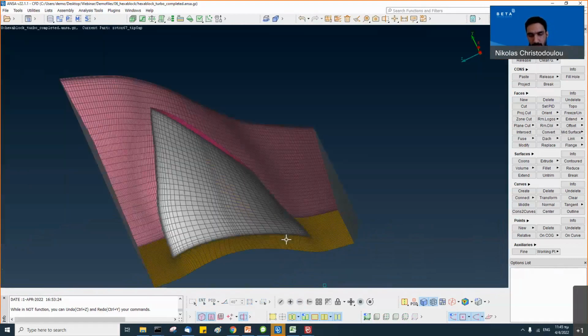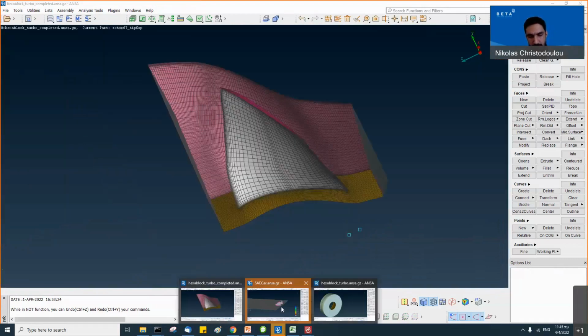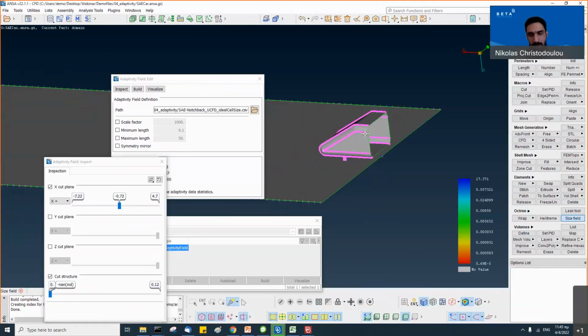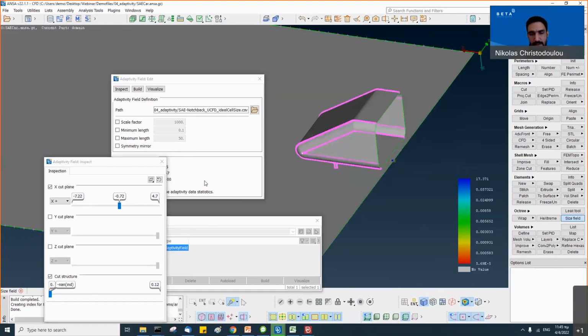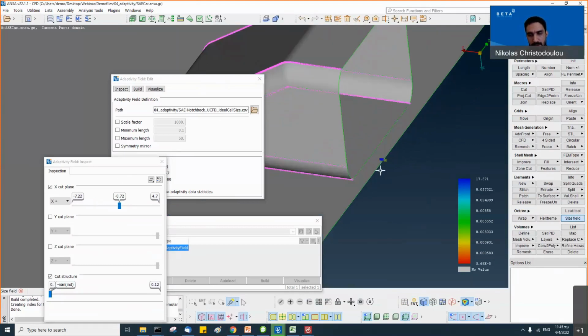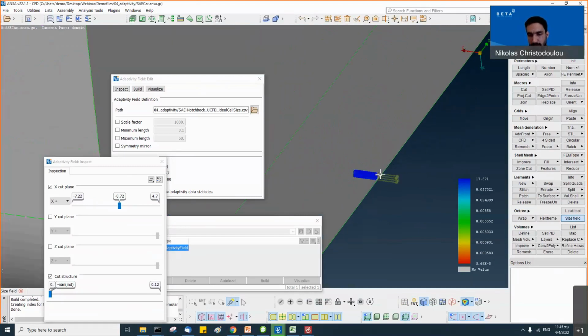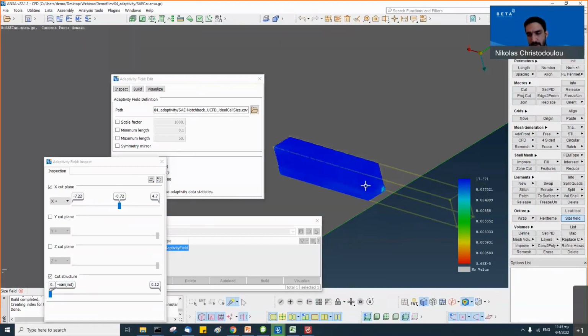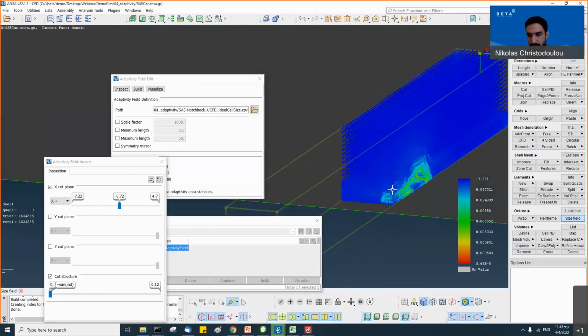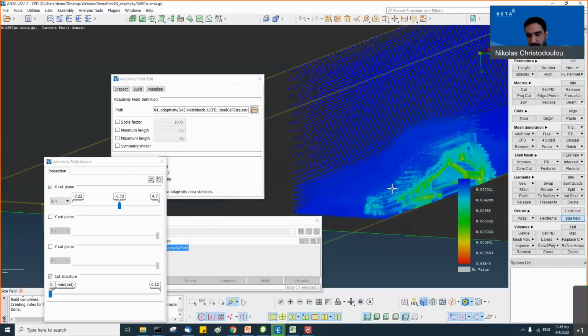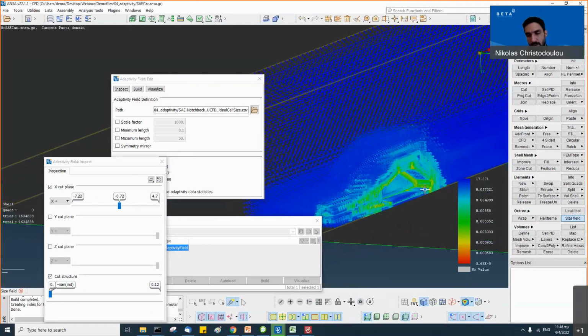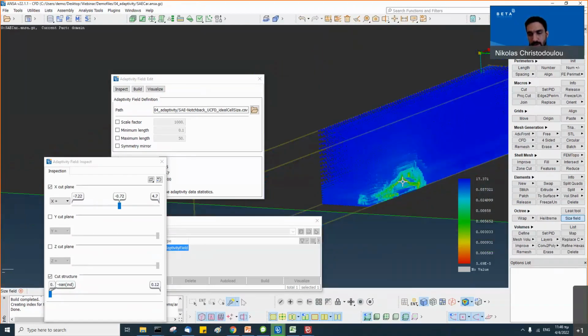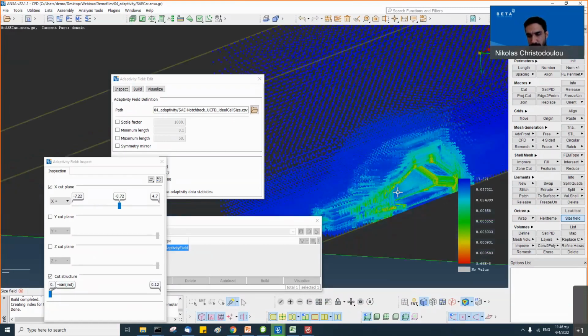Okay, let's go back to the adaptivity size field that we pressed inspect on before. So what we did here, we read the CSV file and we pressed inspect. And actually what I wanted to show you is that I made a mistake, obviously. And here, the mistake was done on purpose, just to show you that the values were in meters, but we are working in millimeters, so a scaling needs to be done.